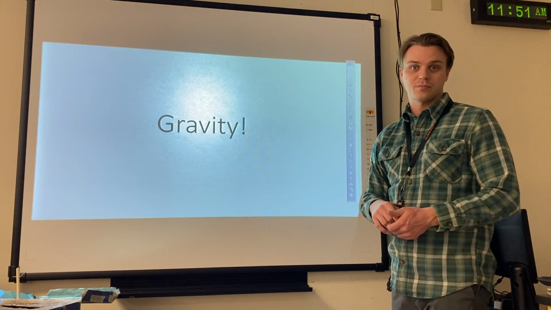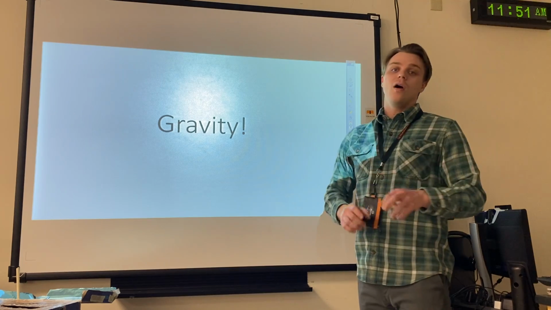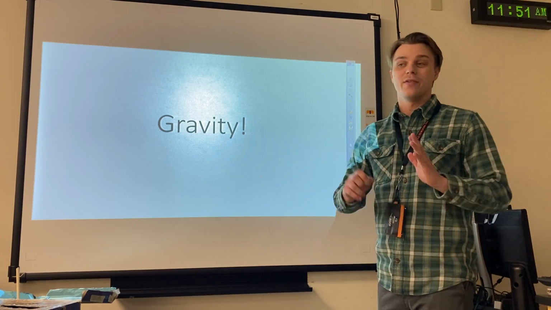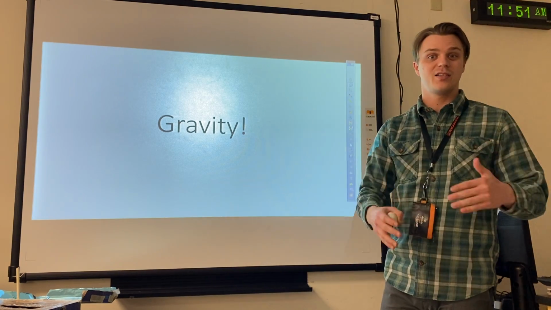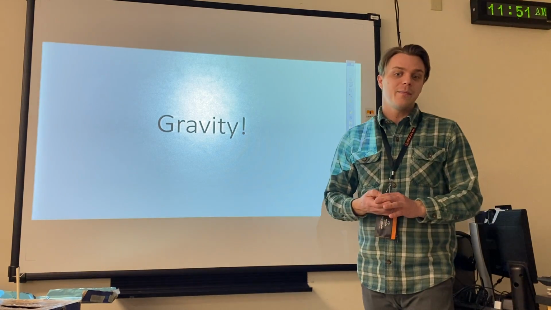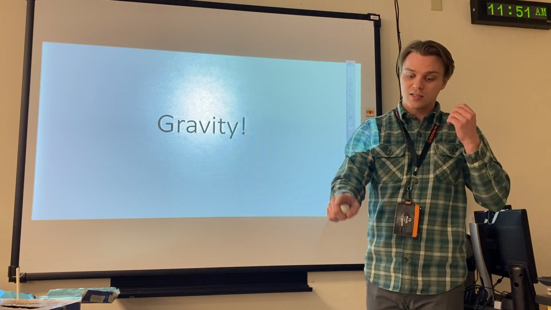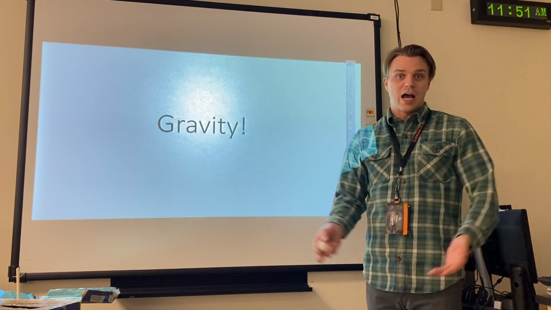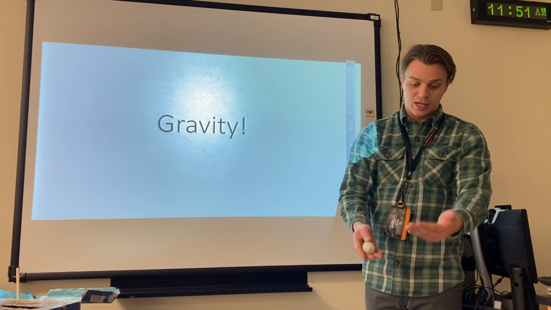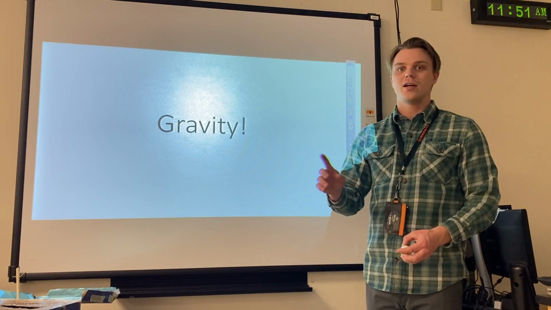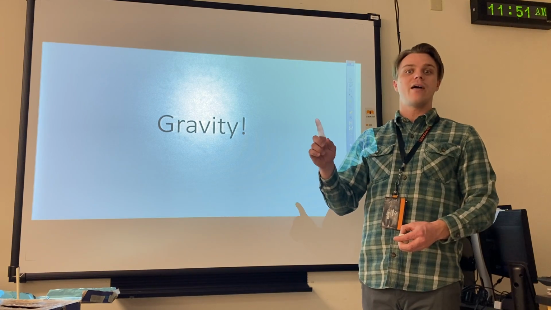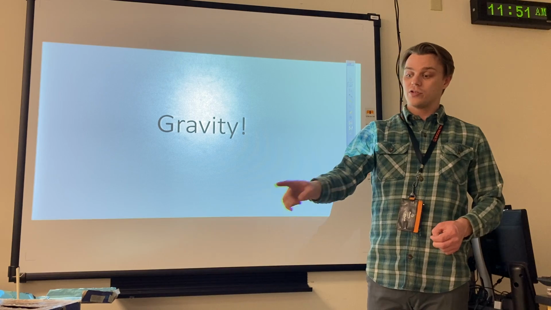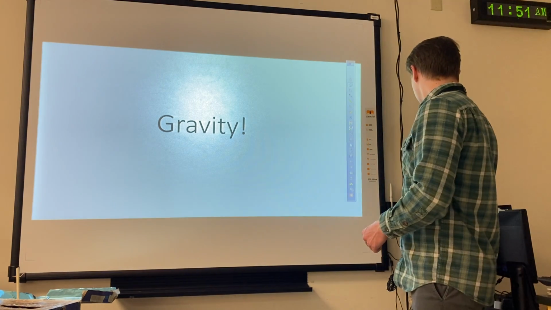Okay, so if the ball was not accelerating and was moving at a constant velocity, or if gravity moved things at a constant velocity or a constant speed, that means that if I were to jump off the desk and land on the ground, let's say I was moving at 2 meters per second, I would continue to move 2 meters per second as I approach the ground. But that's not true, because if gravity was a constant velocity, that means that the speed that you hit the ground jumping off of a table